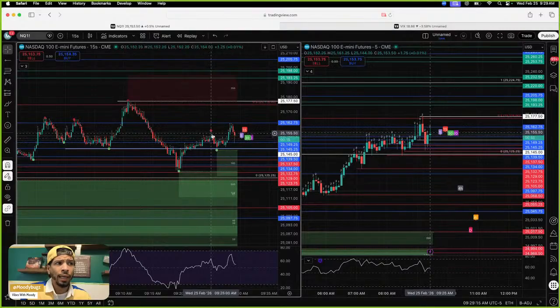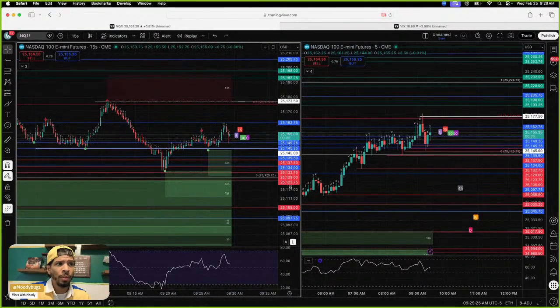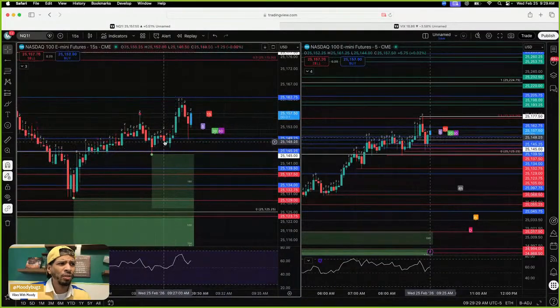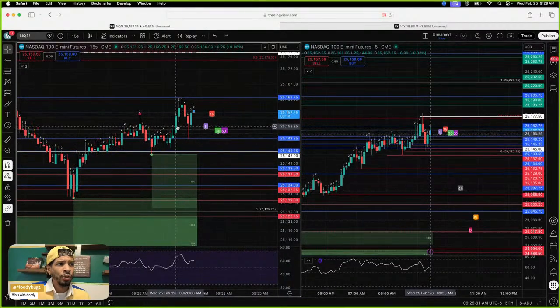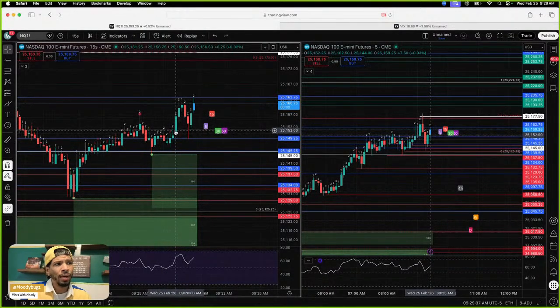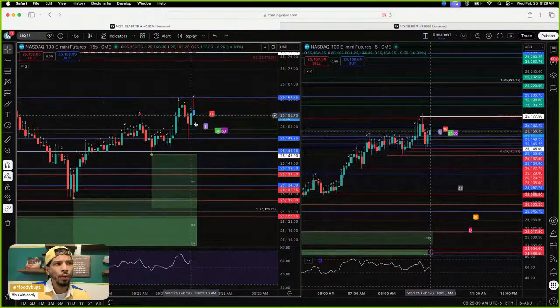Or you could look at it as an inverse cup and handle or even a bear flag, right? That brought us right back down to the structure, right? From that structure, it bounced up a little bit more, right? And it gave us a what? A cup and handle. Most people are not going to be able to see it, but I'm a master chart reader, right? Cup, and that was your handle. The handle happened really fast, like right here, kept going, right?